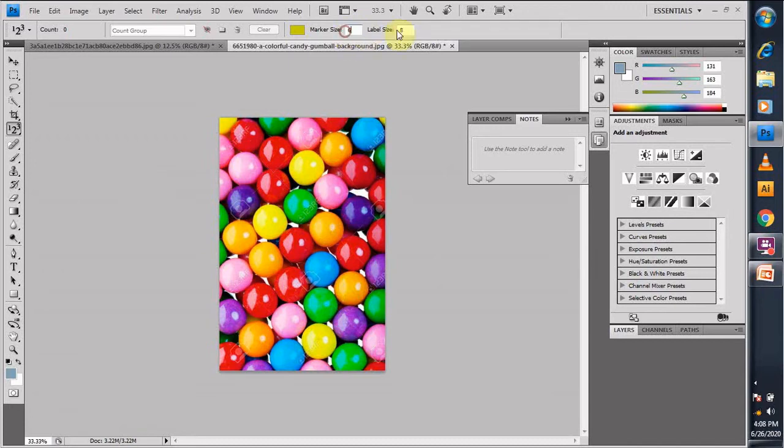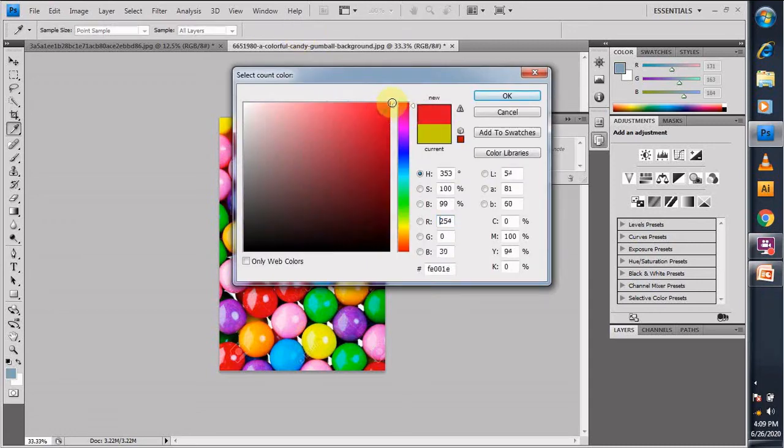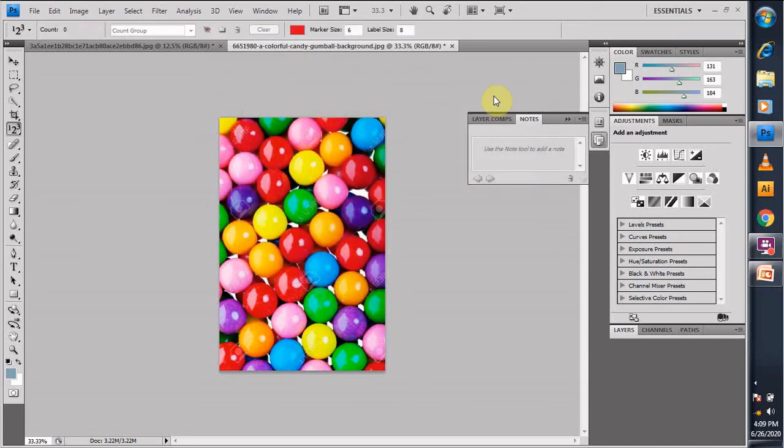If I click on 1, the size will reduce. See, the size is quite reduced over here, because I have made the size 1. So I press Control Alt Z and increase the size to 6, and I want the marker color to change also. From here you can change the marker color also. I want it red because I want to select the yellow balls. I want to count the yellow balls, so that's why I have selected my marker as red.